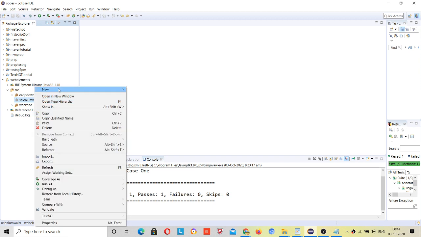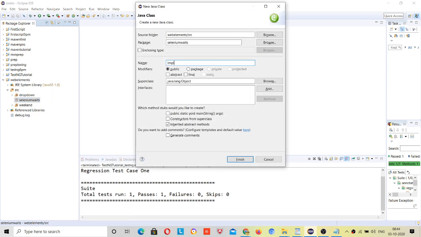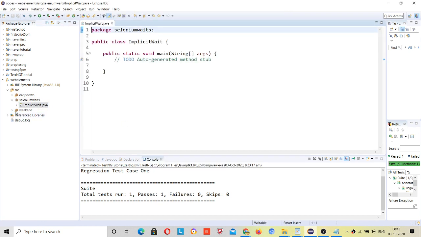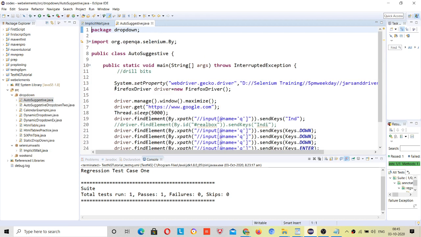In this, first of all we will do this thing with Thread.sleep, then I will let you know what the problem is, and then we will apply implicit wait.